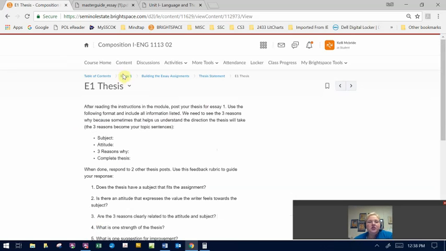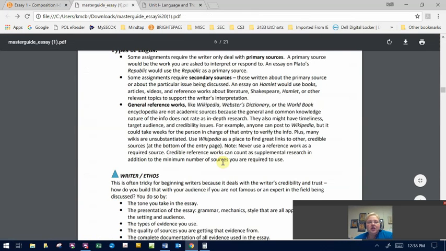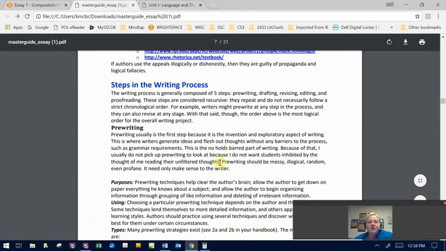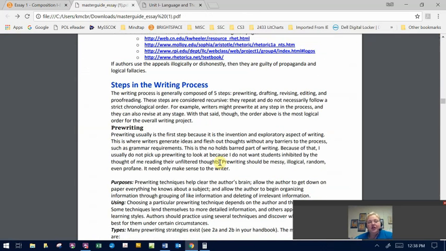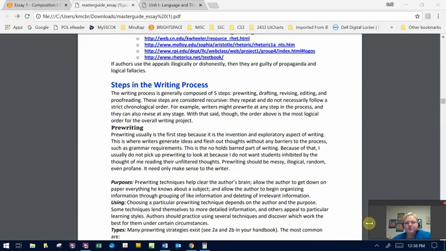Okay? So let's look at your master guide to essay and start looking at some of the steps in the writing process, because we've already looked at what is an essay, we've looked at kind of the different parts and all that. Now we're going to get into more specific things here. So the first thing we want to talk about is there are 5 steps of the process: pre-writing, drafting, revising, editing, and proofreading. We have discussed several of these things, or we've looked at them in the previous readings, but